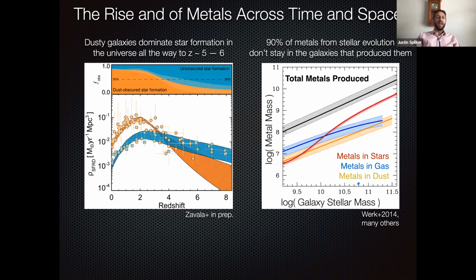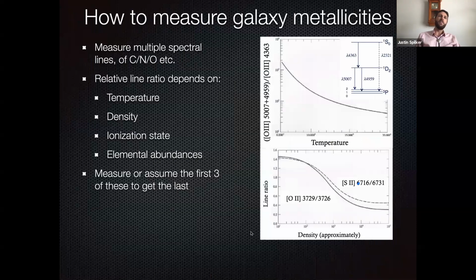Excuse me. And so I think part of this we can come down to observational effects. The typical way that one would go about measuring a metallicity, apologies if this is too simplistic, this comes up in your ISM class in grad school probably, but the gist of it is that you want to measure multiple lines of atoms like carbon or nitrogen or oxygen. The relative line ratios that you measure tell you something about the temperature of the gas that's emitting those lines, or the density of the gas, or the ionization state. And the gist of it is that you want to constrain as many of those properties as possible so that the only thing left is the actual elemental abundances.